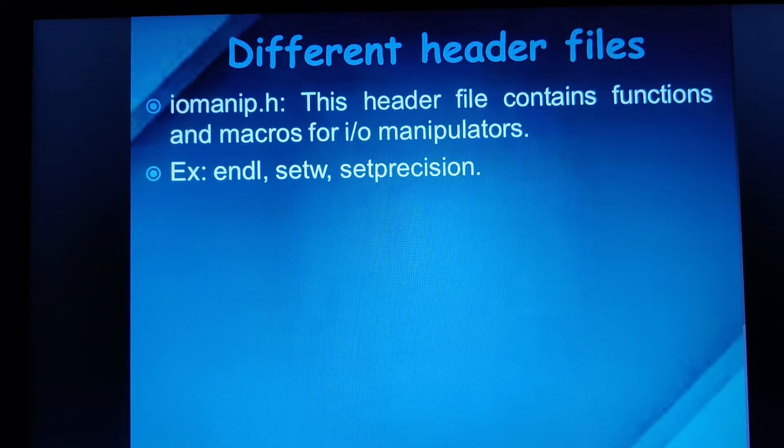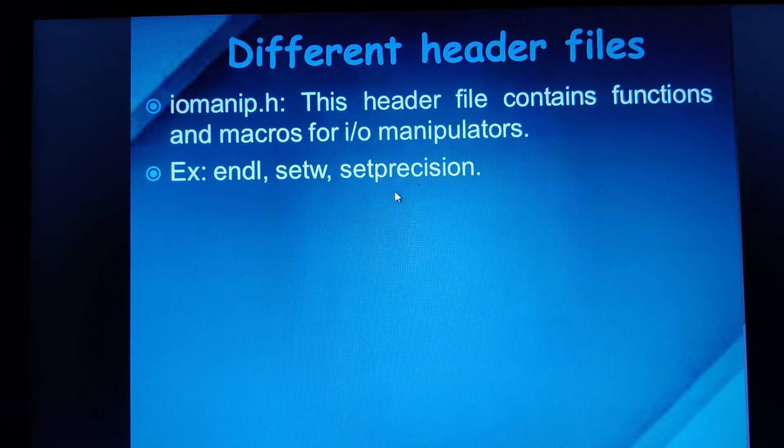But what if 10, 20, 30 all come together without any gap? Then that is not the correct format of displaying the output. In that case, if I want to give a width between the different numbers, then we need to set the width in the output statement. For that I use setw.